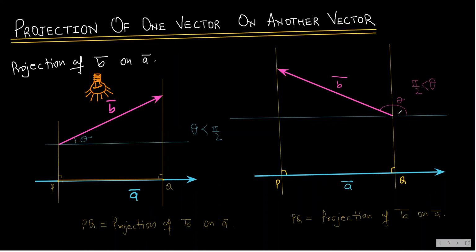Okay, for your information, if you are wondering why this is not the angle theta in this case, why are we not taking this as the angle between the vector A bar and B bar? Students, as you know, the angle between two vectors can only be determined when you coincide their initial points. So the vector A bar is in this direction and vector B bar is in this direction.